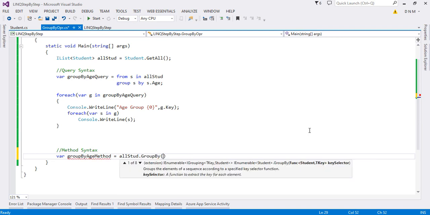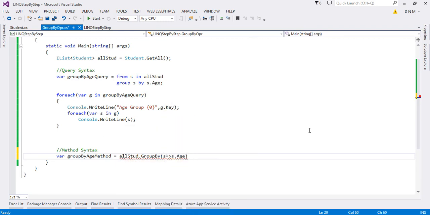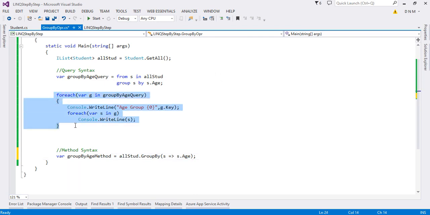And here you have to specify the grouping field or grouping key. So s goes to s.Age. In the same way as I showed for the query syntax, you can iterate through the collection, and you will easily get the output. So try it for the area or other fields you have, or whatever your data type is. According to that you can try various combinations.